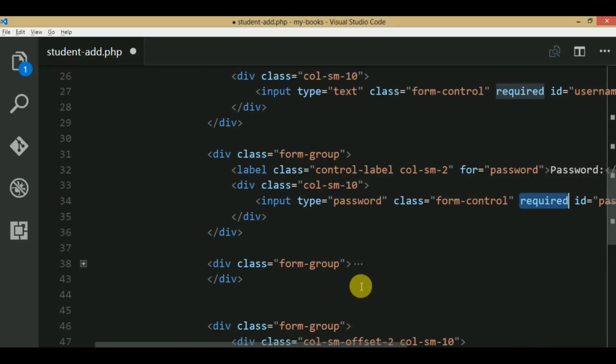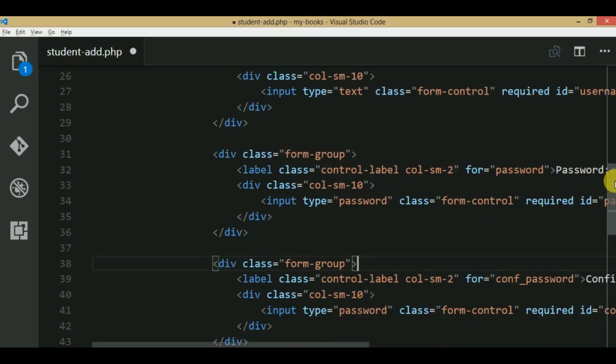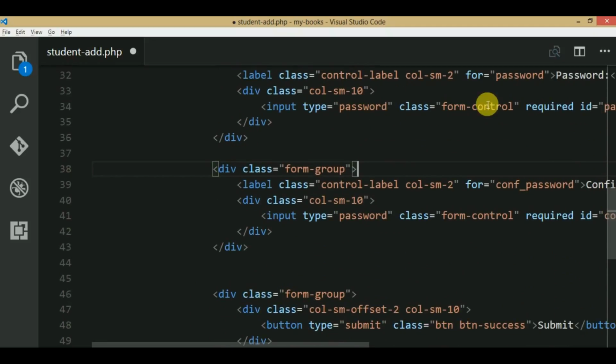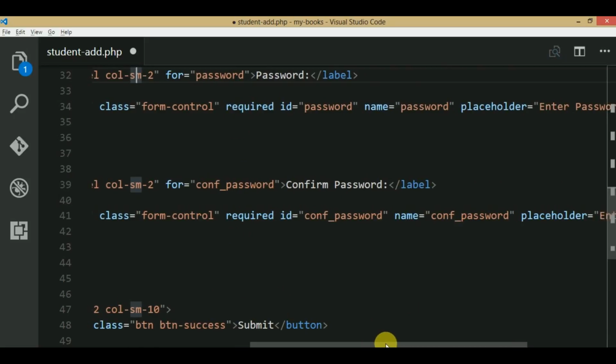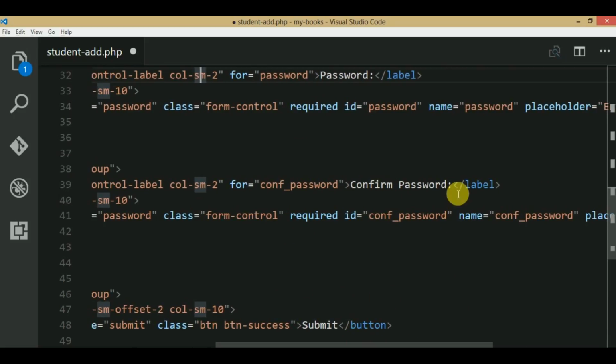And finally this would be confirm password. Okay, because the password we have entered in the last field, we need to enter the same password in this field also, for our password verification purpose. So this is confirm password,